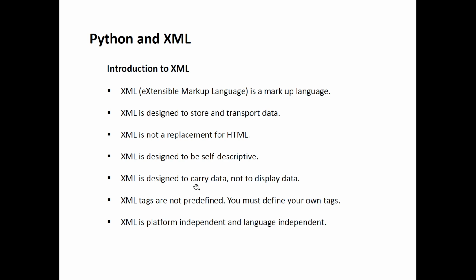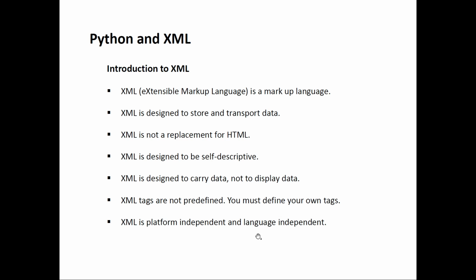Yes, it is used to carry data, not to display data. That means once you create an HTML file and open it in a browser, the output of the code that you have written will be displayed. It is not the same with XML. That is one important thing which you need to understand.